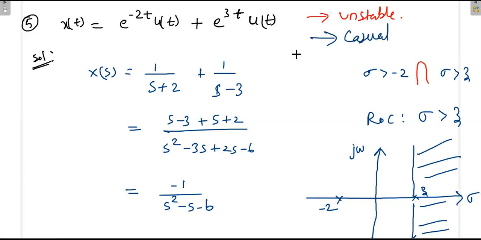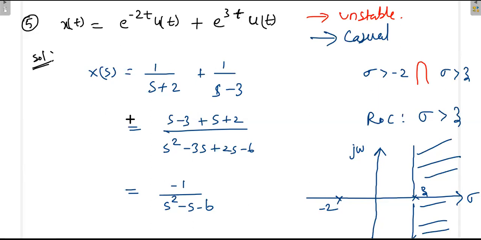Okay, so that means what? Even though the system is causal, physically realizable, the system is unstable. The system may go into the unstable state, and we can easily verify that in the control system, because if it is causal, that means it is physically realizable, but it may go unstable, no problem. So a physically realizable system may be stable or unstable. If the system is causal, it is physically realizable, but it may be stable or unstable, and in this case it is unstable.